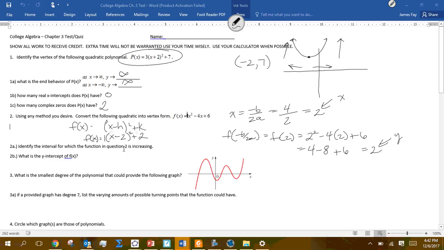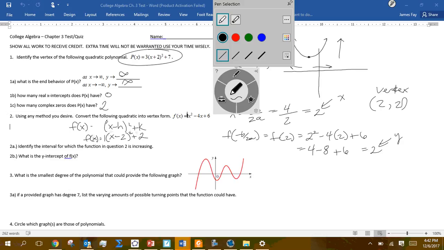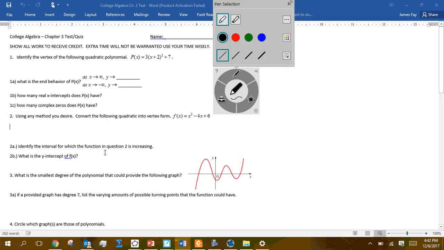Again, that one I made 3 points. Just be cautious. When you find the x and y, you've just found that point 2, comma 2, that is the vertex. Okay, then how do I take that information and put it back into vertex form? Clean this up a little bit. We'll come down here to